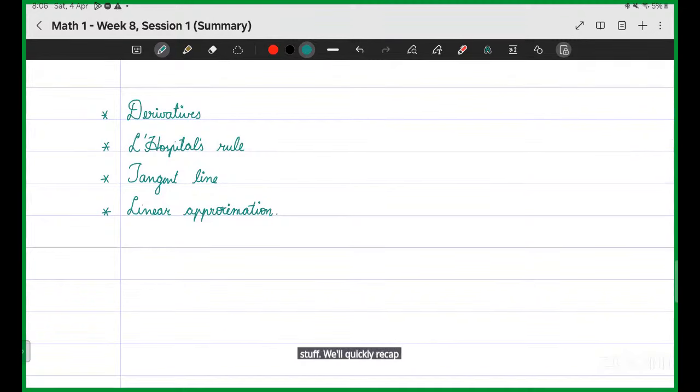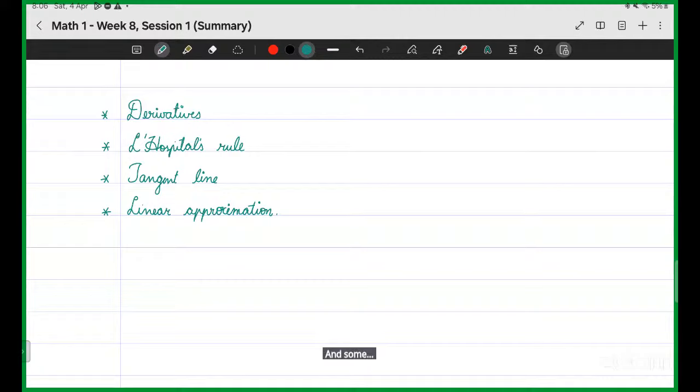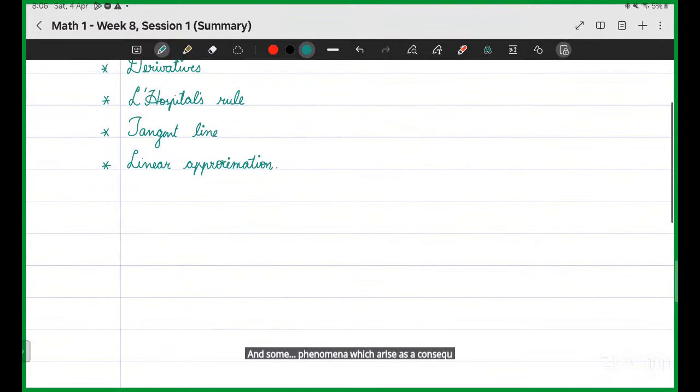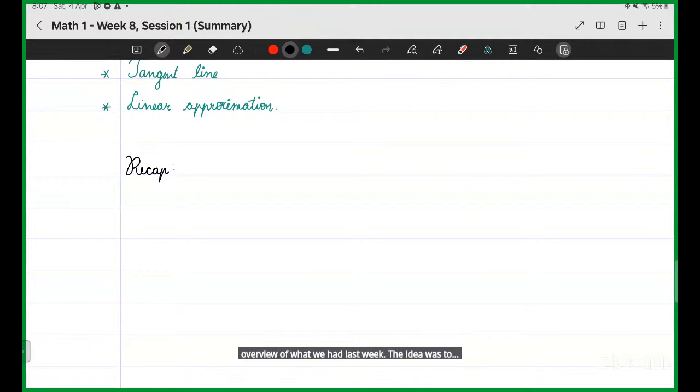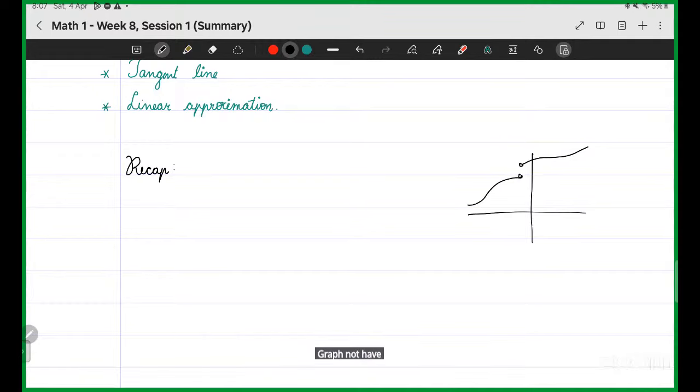We'll quickly recap what we discussed over there in the context of continuity, and then we'll go into derivatives and some phenomena which arise as a consequence. So if you remember what we discussed, take a quick overview of what we had last. The idea was to get the graph of the function and derive certain properties. One thing that we thought was desirable was for the graph to not have breaks. So in order to make this notion rigid or rigorous, we define limits